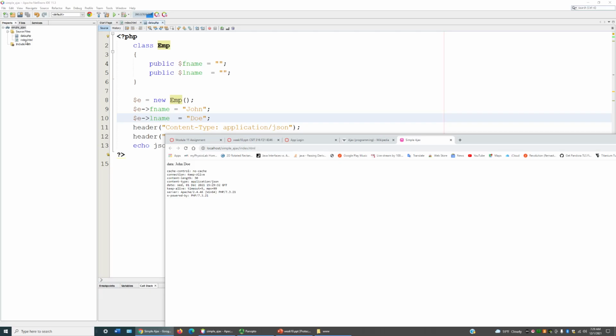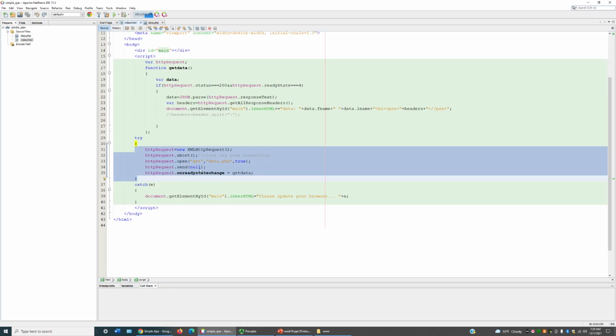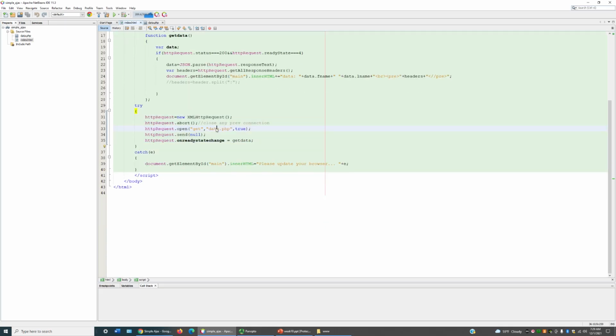Okay, so here's what happened. Index came up, and it ran this code right here. And what it said is, open up data.php and give me what you have. And that is just like opening up a website in your browser and rendering the HTML tags. So we're saying open that, run that file, and take the standard output from that data